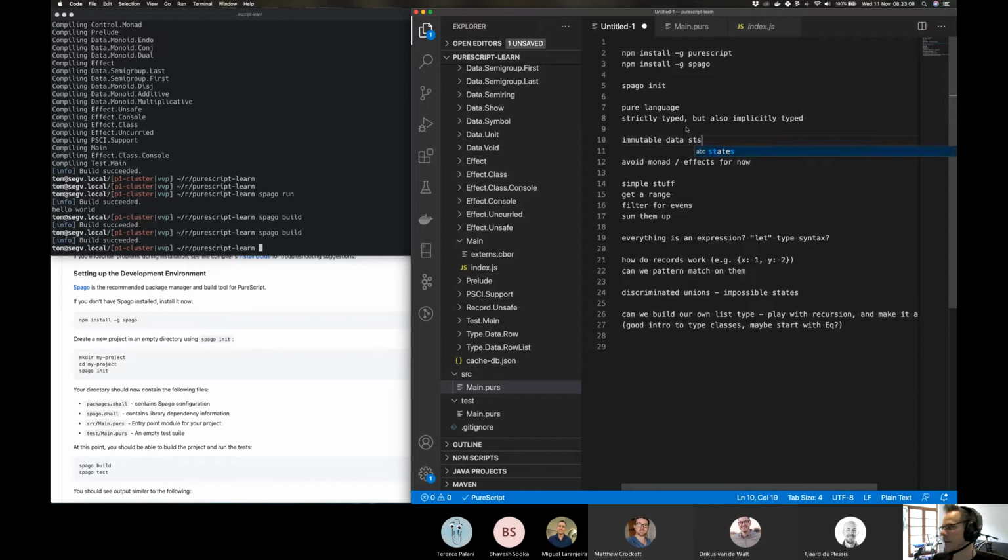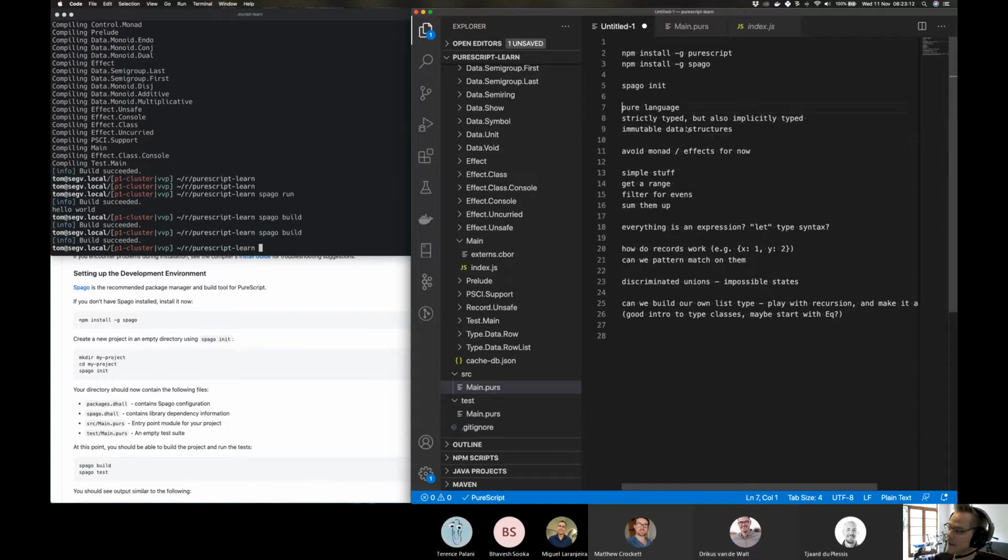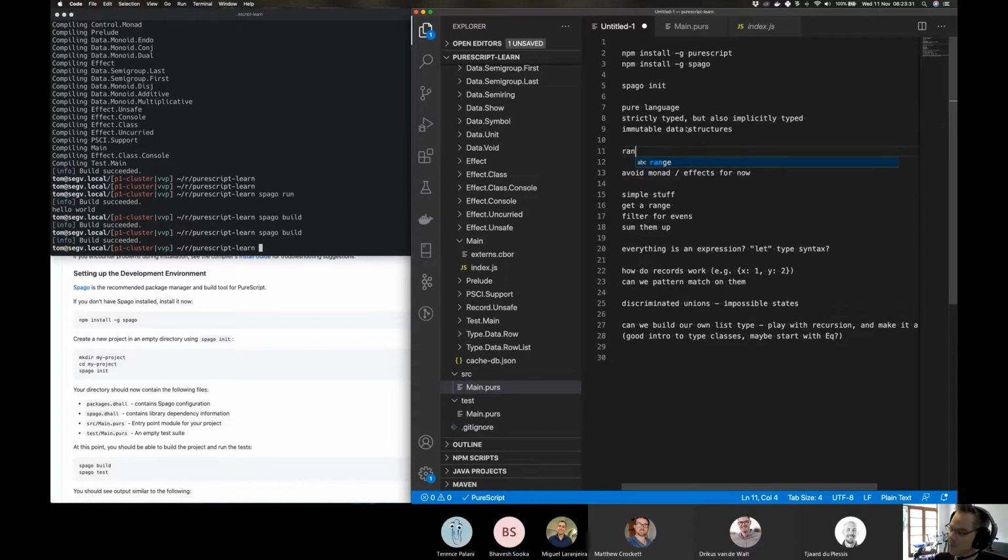Immutable data structures, and that's an absolute. If it's a pure language, this is a guarantee that data structures are immutable, because if a pure language says, given a 1, I always return a 2, there's absolutely nothing else that can happen. It will never return a 3. Even stuff like random is difficult in a pure language, because random is not pure.